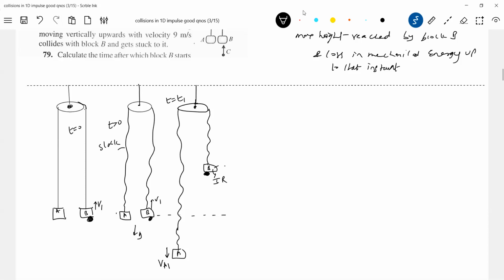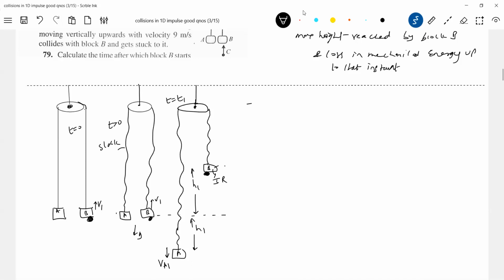You have to answer this particular thing. Yes, it will be H1. This will be H1. So what is H1? How to calculate? Yes, we can write H1 equal to half g t1 square. And we also can calculate this time t1. It was projected with a velocity V1. How to calculate velocity V1? Applying impulse momentum. I'll come to all that later on.